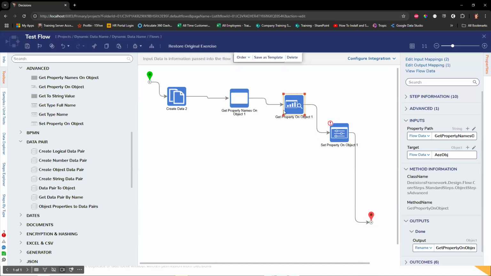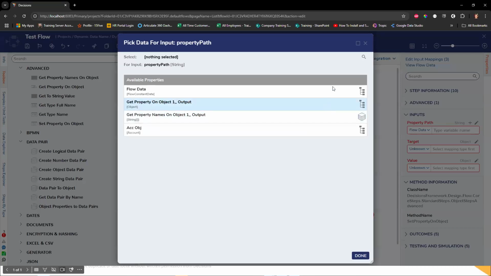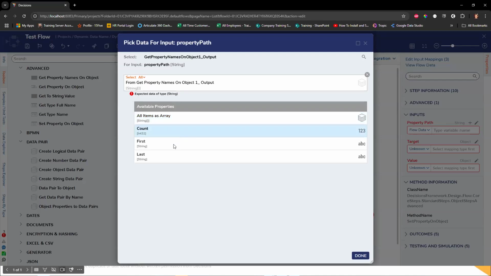So it looks like you could do it this way. Let's give this a shot. And that'll show you kind of the other way that I was kind of thinking. So let's say if I want to get this property path on the first one,